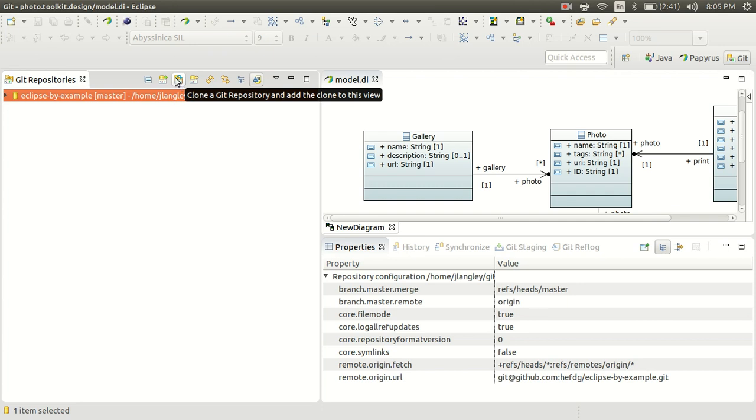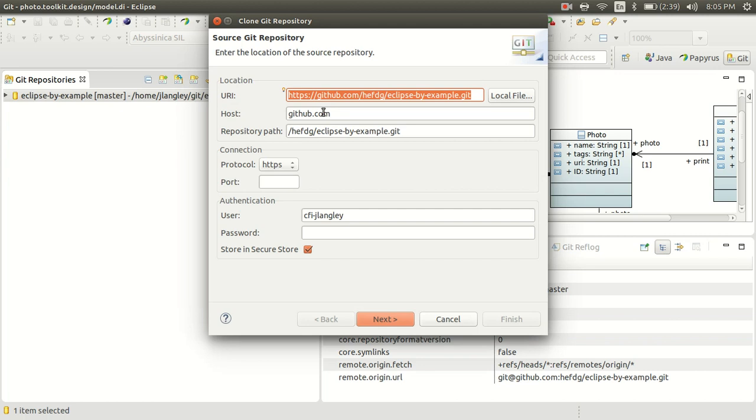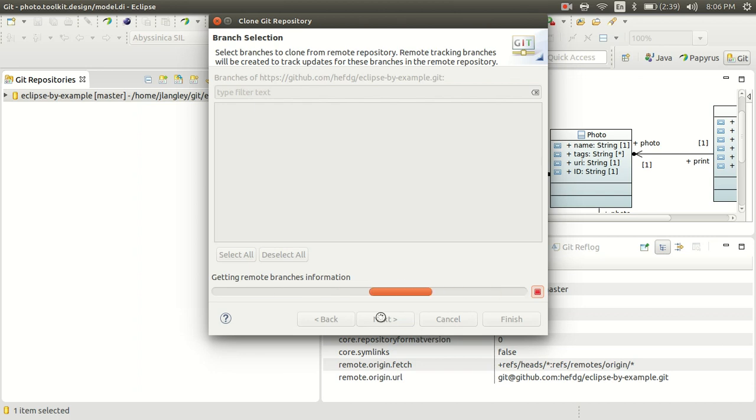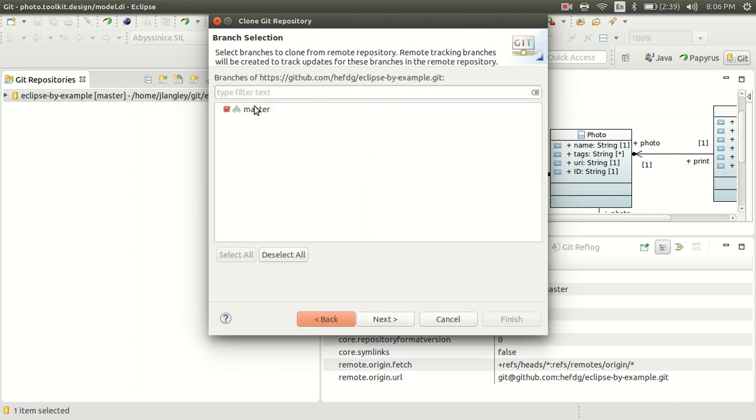So we're going to clone a Git repository and add it. Whatever it was that I had copied to my clipboard automatically appears here. You'll see that it's HTTPS, the host is github.com, and then this is the path to the actual repository. And I don't even need to authenticate or anything. So we'll hit next. Right now we only have a master branch, so that's the one you would pick, and